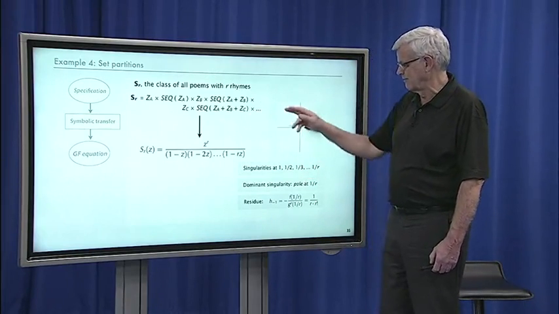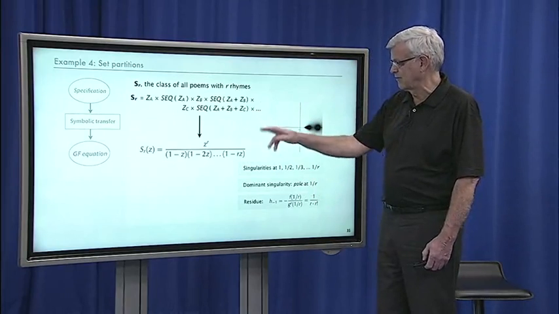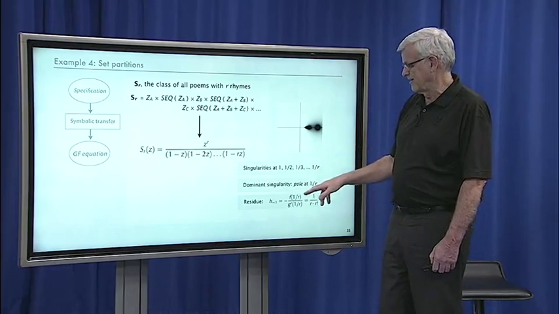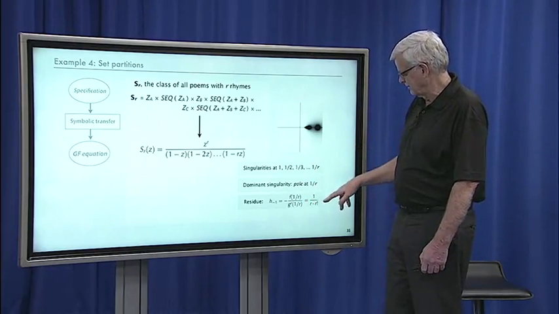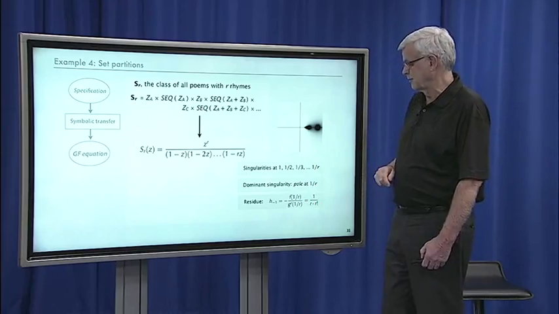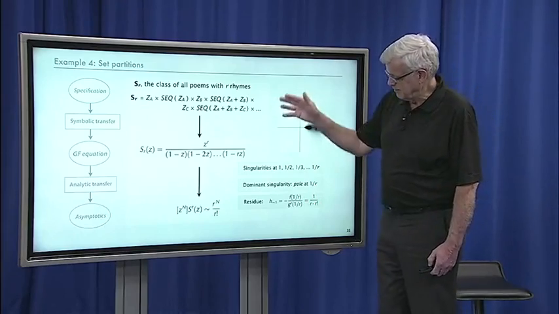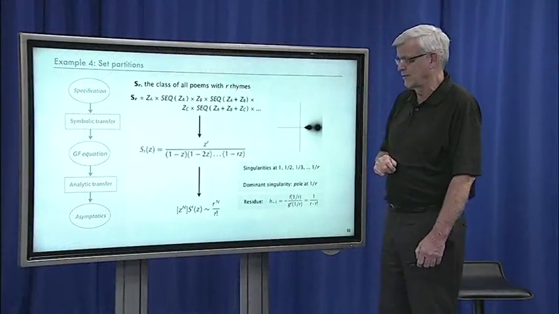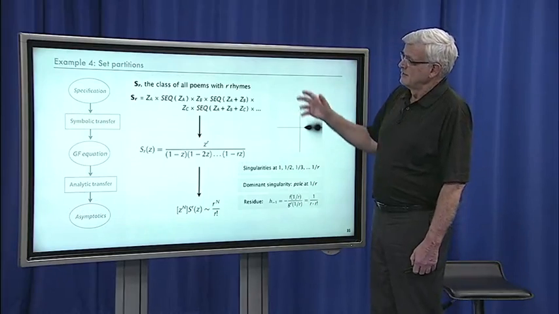numerator at 1 over R and evaluate the derivative of the denominator at 1 over R. There's a little calculation there involving R to the R's that cancel. The result is 1 over R times R factorial. And that immediately gives the asymptotic growth that the number of poems with R rhymes is asymptotic to R to the n over R factorial. So that's